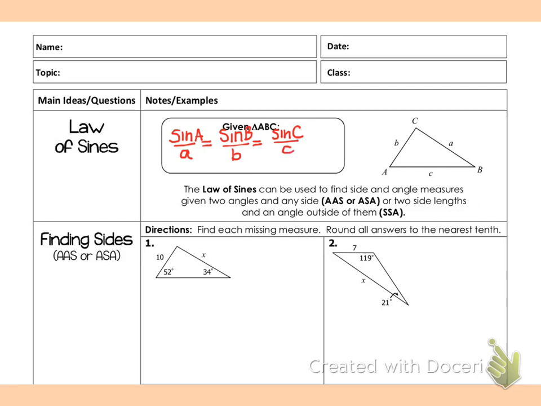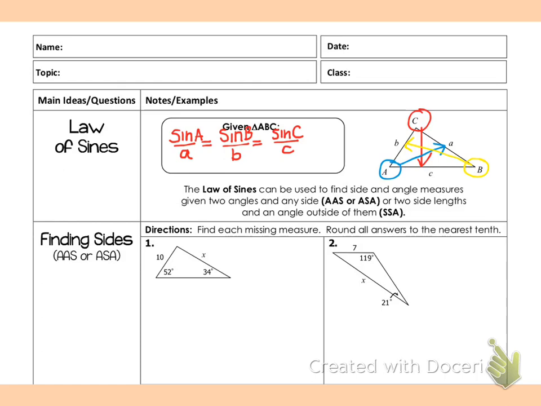Now I've seen sometimes this written with everything flipped and the sides on top and the sine of the angles on the bottom. But in any given triangle, that could be a right triangle, obtuse triangle, whatever, if you look at the sine of an angle as it relates to the side across from it, they will always be equal in any given triangle. And we know that there's this set relationship between angles in a triangle and the side across from it. We already know that. And this is most likely something that you learned in geometry. But we're going to review that, and we're going to look at how we can find parts using the law